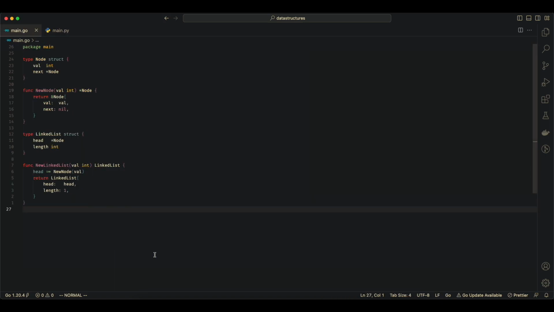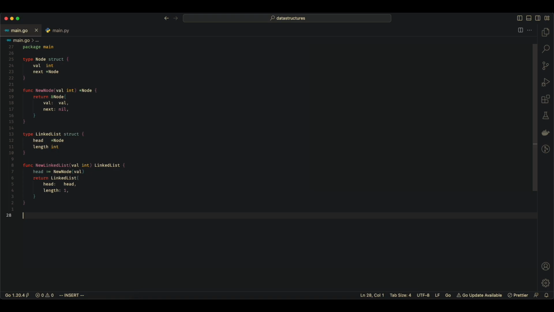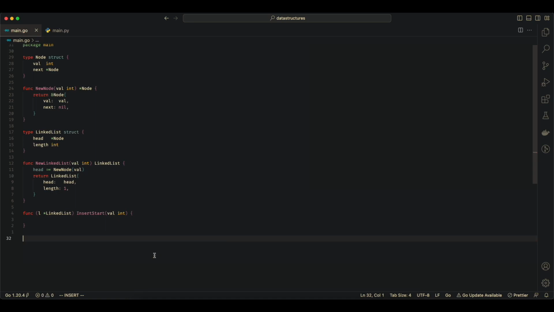Now we want to implement this in Golang, so I think what we can do is create something like what we saw earlier, where we associate a function with the type, with an instance of the type. So this function can be called insert start. This function can be called for an instance of the linked list. So if we had an instance of the linked list, we could, if we have something like this,